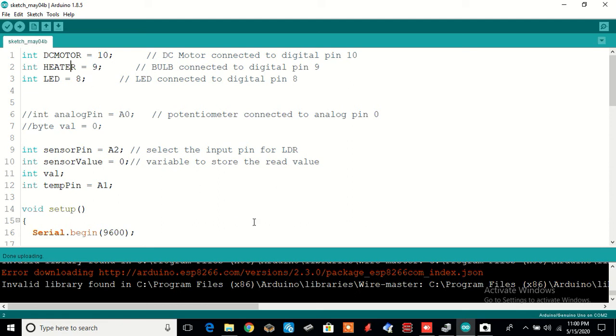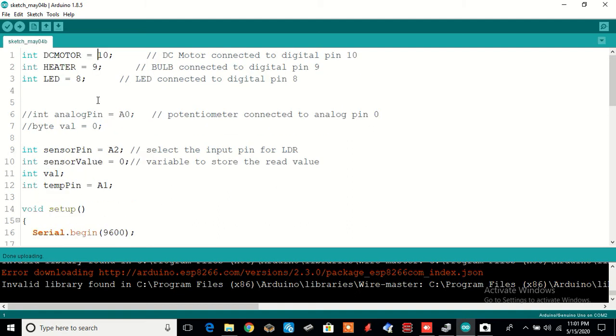If you refer carefully to the slides, there I mentioned the hardware representation. D9 is where my MOSFET, that is the optocoupler port B, PB1, is connected, that is where the heater is connected. Similarly D10, that is PB2, is where my DC motor is connected.